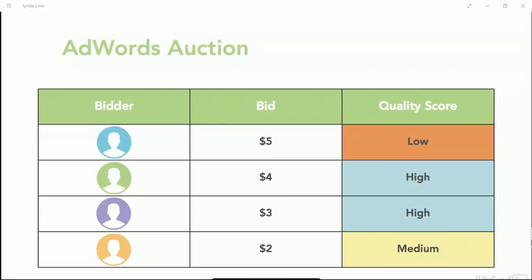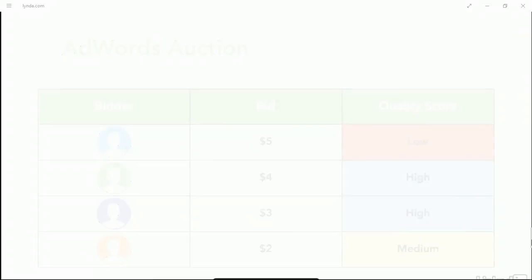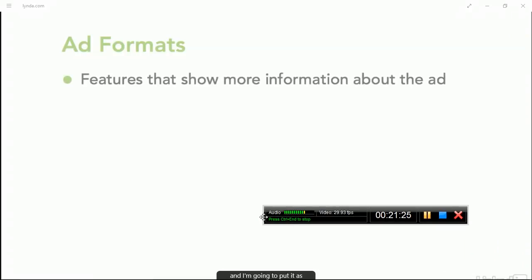To help make this a bit more apparent, let's go back to our first example. We had 4 ads with the bids at $5, $4, $3, and $2. Now, let's assign some quality scores to these advertisers. This is their overall quality score, and I'm going to put it as low,